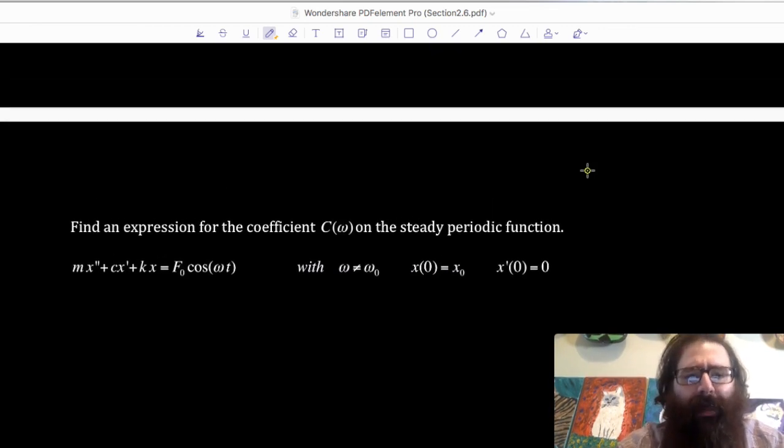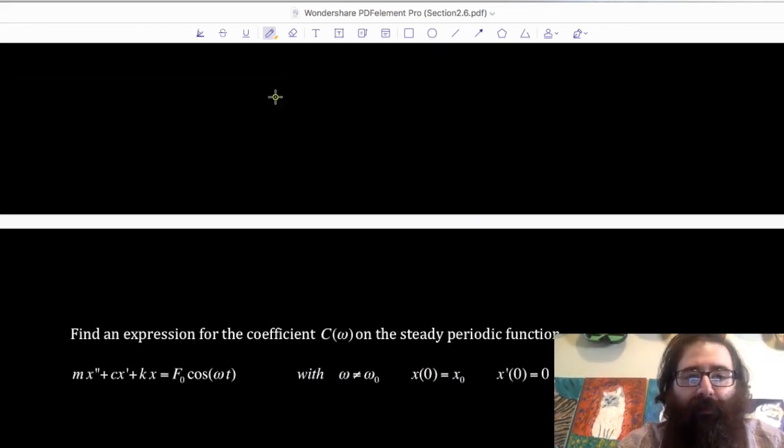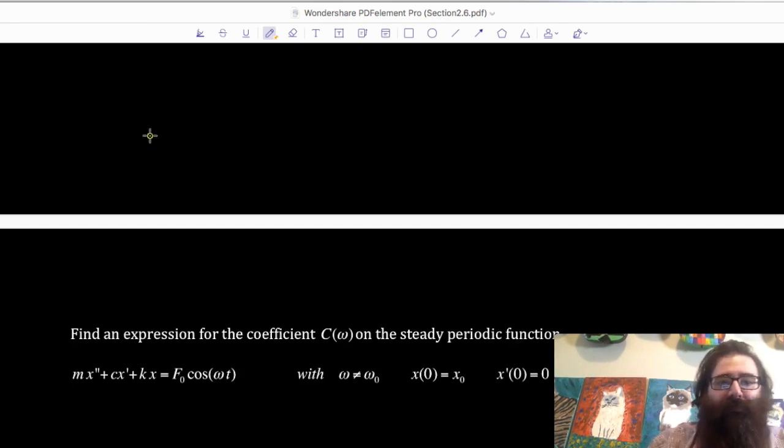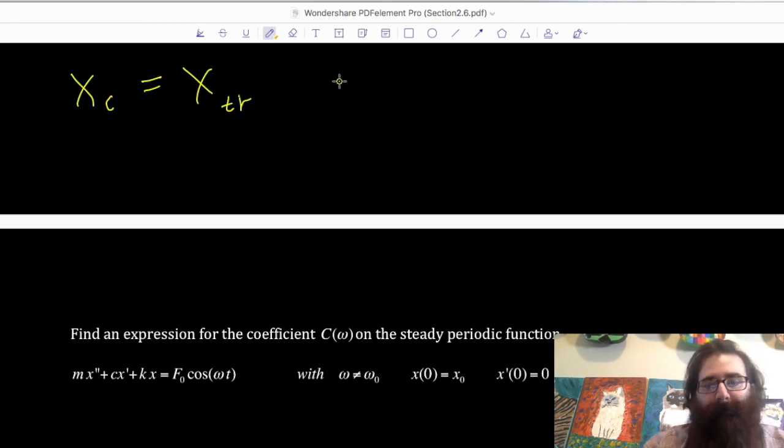Now, I'm going to talk a lot about this in that separate video, the behind the scenes, but there's some special terms that we can introduce in this section where we say the complementary solution can be referred to as the transient solution. And sort of a spoiler alert on that, this is because this part of the solution is going to, when we have a dash pot, so not in the previous examples, but in these current ones, since we have a dash pot now, this is going to die off as t increases,